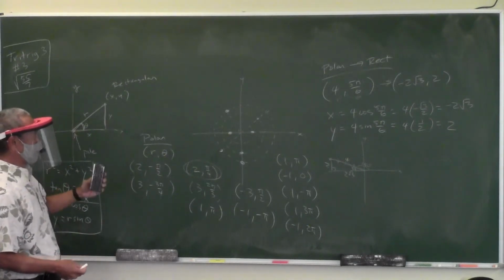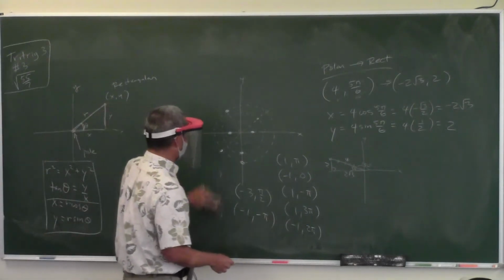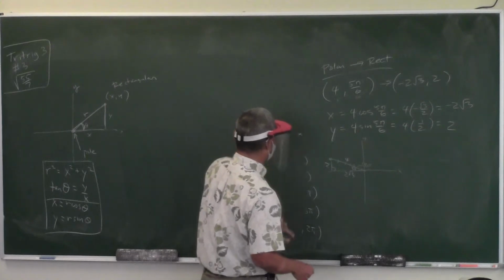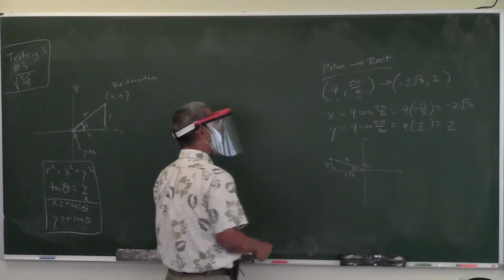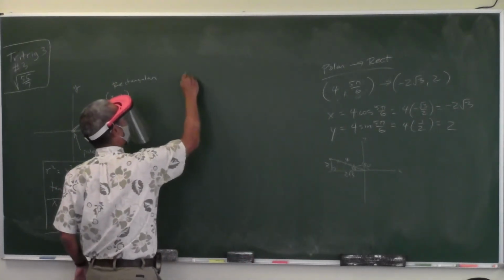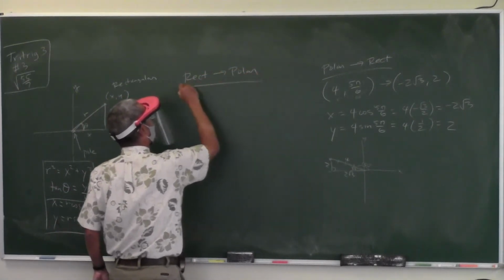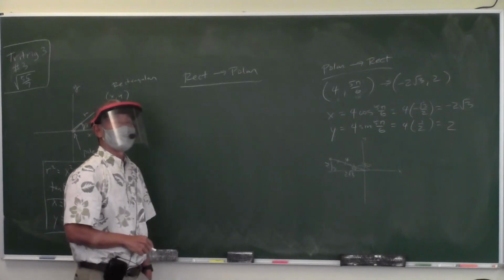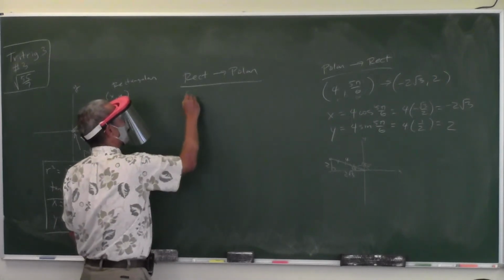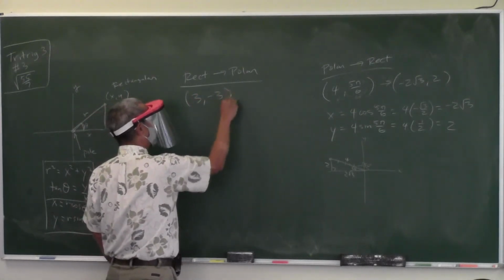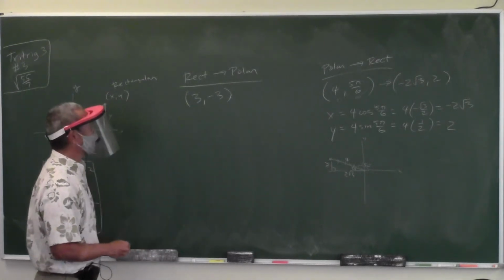Now, what about the other direction? Since we're filming, we got to stay on this side of the board. So how about going from rectangular to polar? Okay, so let me give you rectangular coordinates. How about 3, negative 3? Convert that into